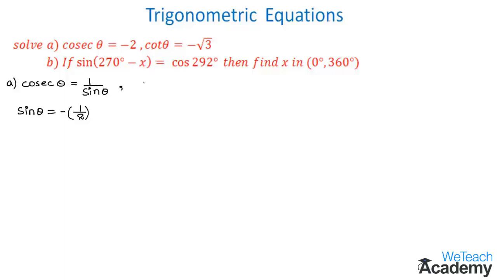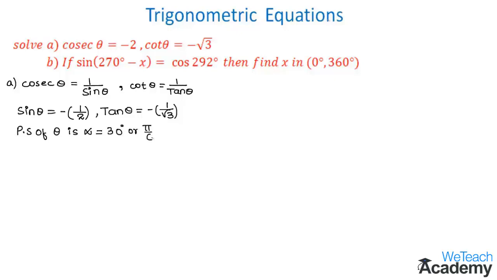So in order to change this equation in terms of tan, we know that cot theta is equal to 1 by tan theta, and then let us find the value of tan theta, which would be equal to minus of 1 by √3. And now let us ignore the minus sign and just observe that sine theta is equal to 1 by 2, which is nothing but the value for sine 30 degrees, and similarly tan theta is equal to 1 by √3, which is nothing but the value for tan 30 degrees. So here we can say that the principal solution of angle theta is alpha is equal to 30 degrees or pi by 6.